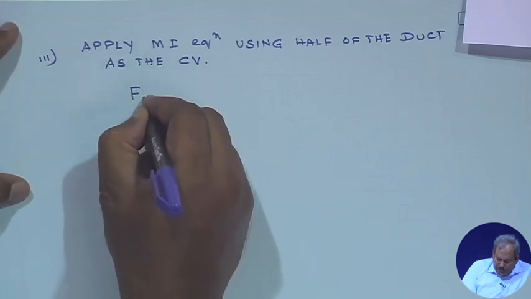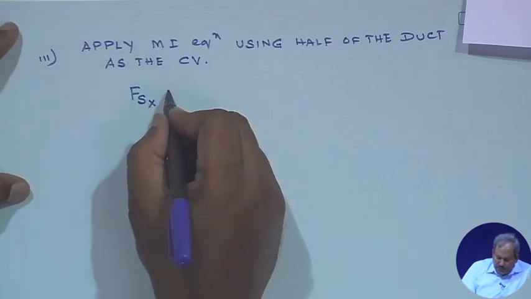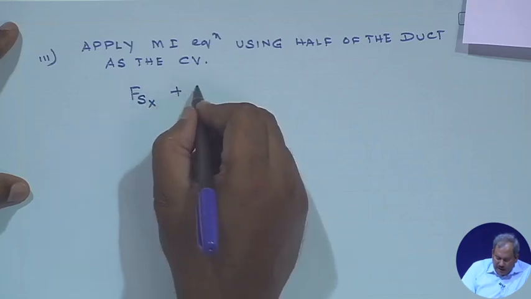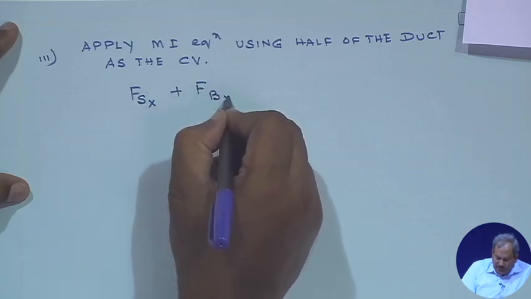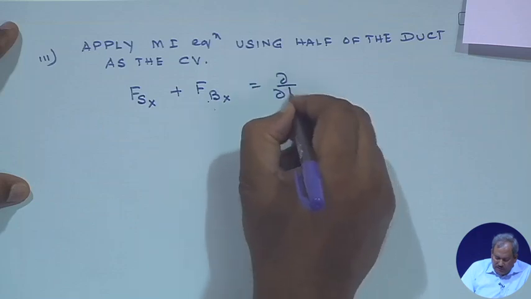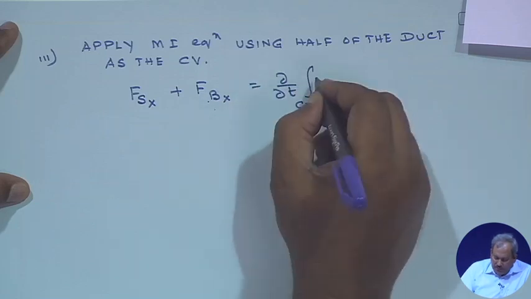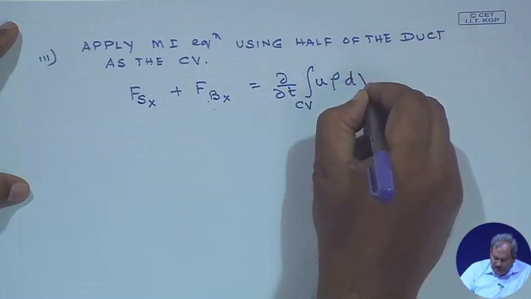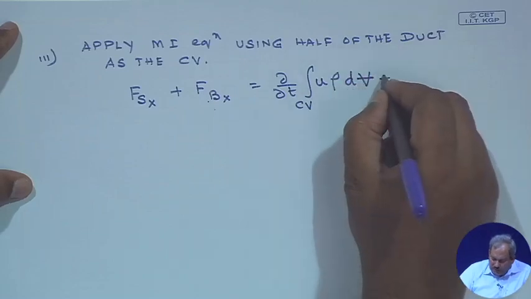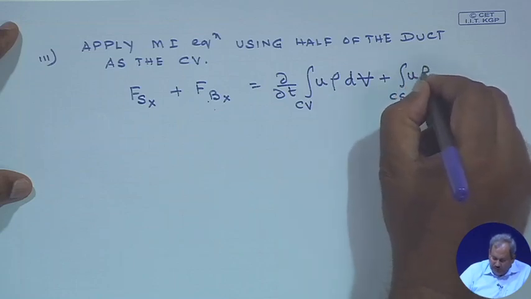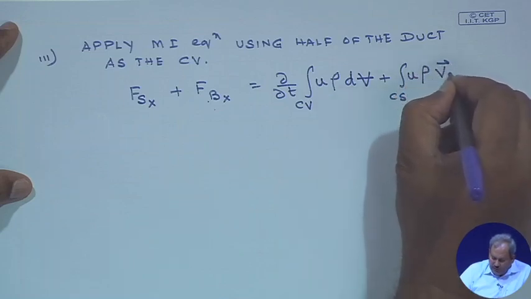The x component of the momentum integral equation is F_sx, the surface force in the x direction, plus F_bx, body force in the x direction, is equal to del/del t of the integral over the control volume of u, the velocity, rho dV, plus over the control surface, u, the local velocity, rho